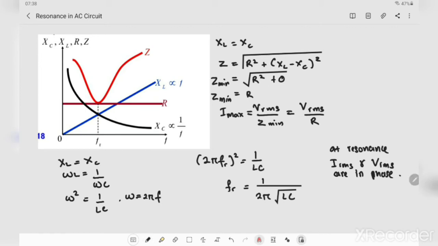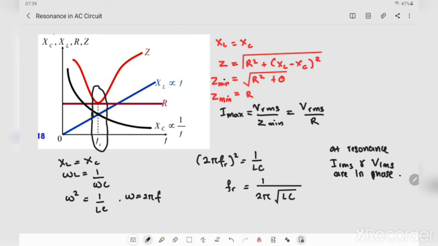The value of impedance is minimum when XL is equal to XC, and this value is given by Z equals the square root of R squared plus (XL minus XC) squared, and then the minimum impedance is equal to R. This phenomenon occurs at the resonant frequency, or we can say that resonance is the phenomenon that occurs when the frequency of the applied voltage is equal to the natural frequency of the